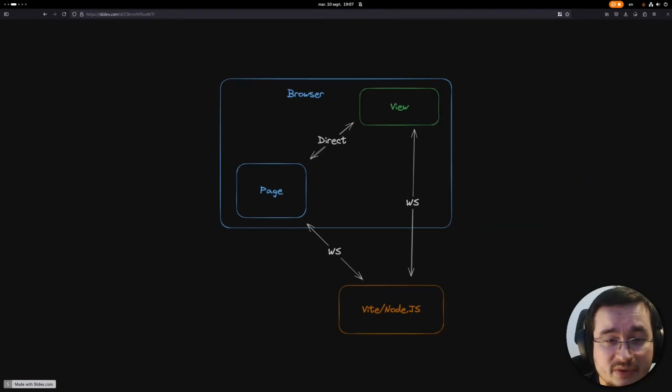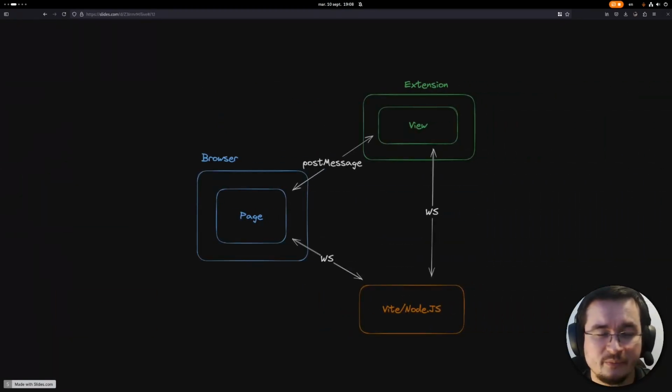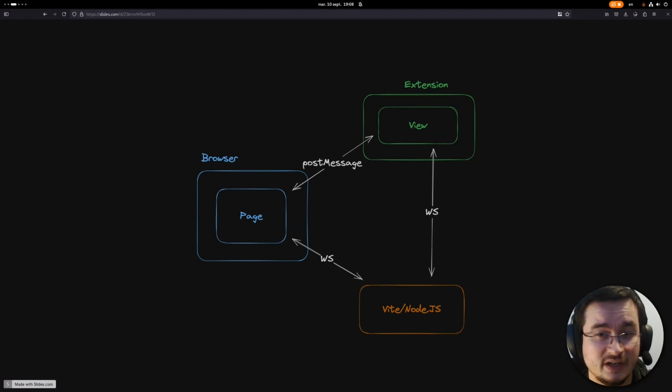This example is basically the current Next DevTools situation, where you have the Vite server and you have both the application and the Next DevTools inside the browser page. In this other example, we can see the current situation with the DevTools for Vue.js, which are displayed inside the browser extension.